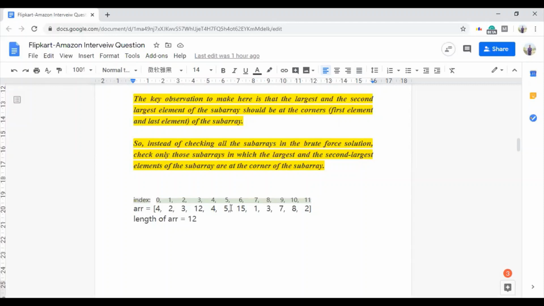Now what we were doing in brute force is that we were starting our jth pointer, decrementing jth pointer and considering all the elements which are behind the ith pointer as the second endpoint of our subarray, right? But now we will not do this. We will keep on decrementing the jth pointer till we find an element which is greater than the element at the ith pointer, right? So in this case, we will keep on decrementing the jth pointer till we find an element which is greater than 5, because ith pointer is pointing at 5. Now why we will do so?